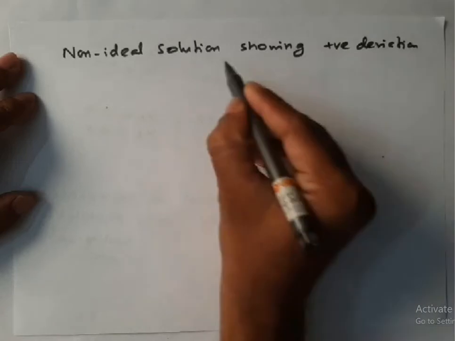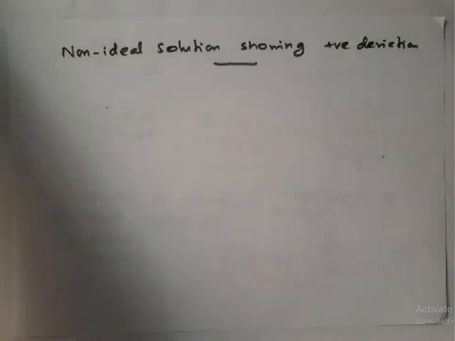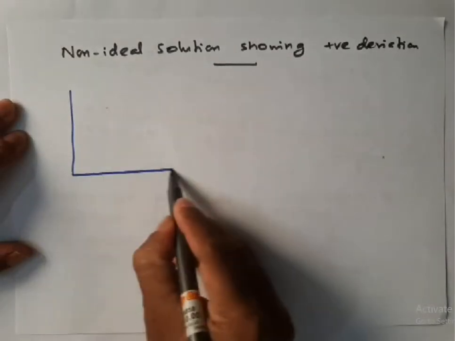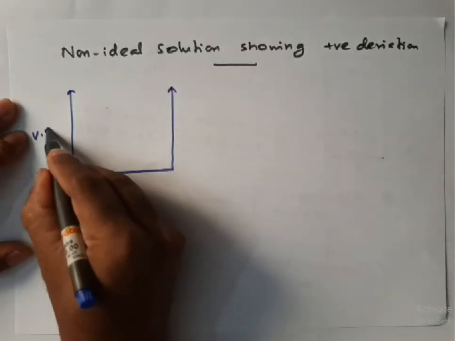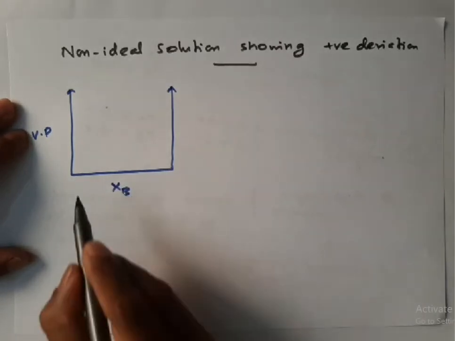Positive deviation means deviation from ideal behavior. In this case, if you plot vapor pressure versus composition diagram, vapor pressure versus composition,